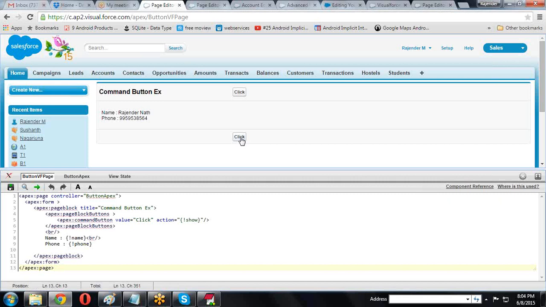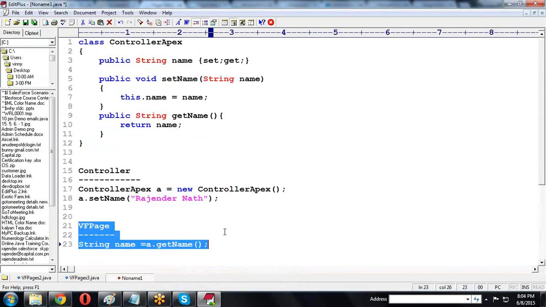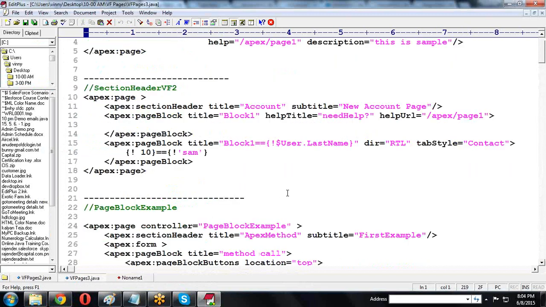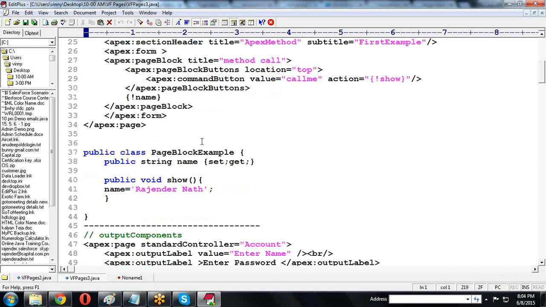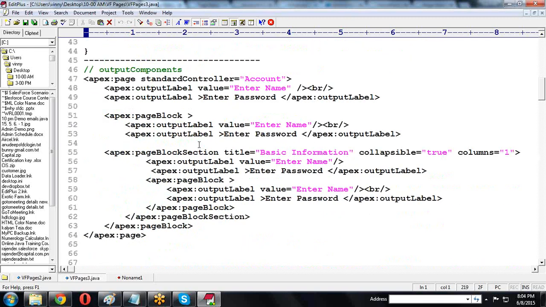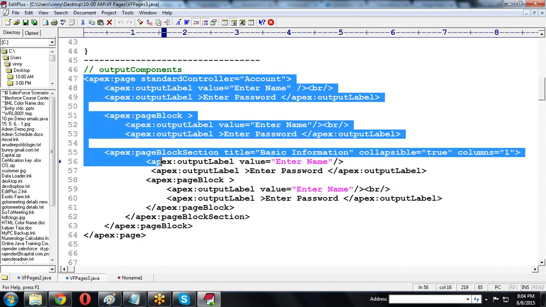Okay. Now I'm creating some user interface components. I want to create output components.